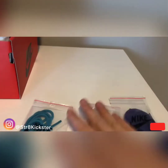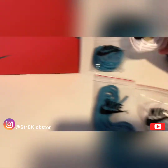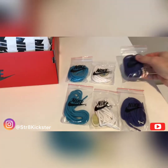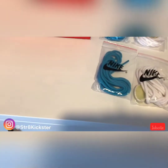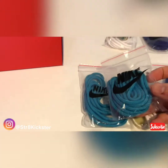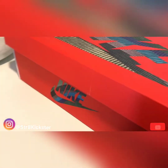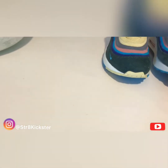Compare the retail version of the extra laces compared to the UA version of the extra laces. The bags themselves on the UA are smaller than the retail. And the Nike logo is much wider on the UA than the retail. But I would say other than those, they are very good. I will take out one of the right shoe when it's on foot and compare it to